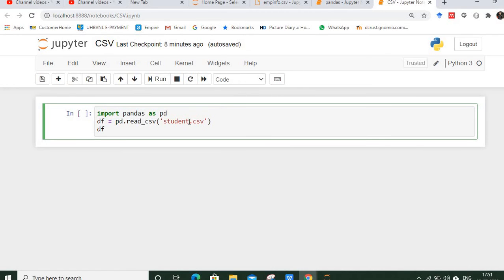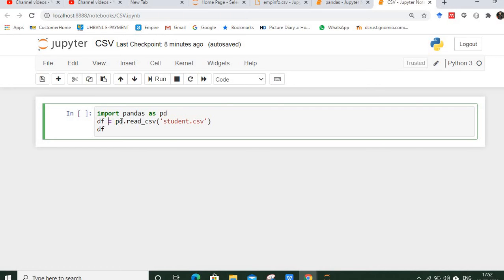To access this file we need to import pandas in our program. So let's say this is our program where I am importing this pandas package as pd, and then I am creating a data frame. A data frame is actually an instance of a table in Python that will have rows and columns in it, and the information that is stored in this CSV file is going to be stored in this data frame df.